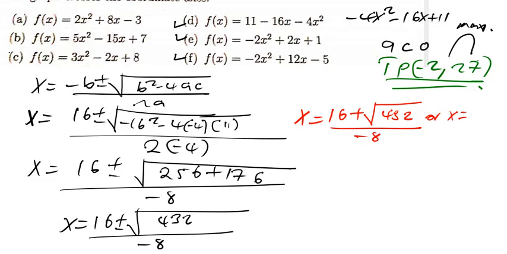another thing that we can do is, let's try to divide 432 by 16, or maybe 64. Why am I doing this? Because I want to simplify it. I want to make it simple. So if I divide 432 by, let's say, 64, now 64 is too much, but 432, if I divide it by, let's say, 16, it will give me 27, which is going to be better. So now this can be written as this: